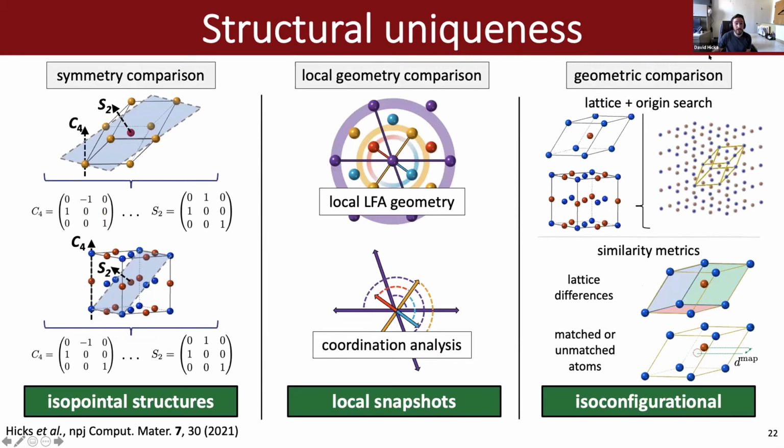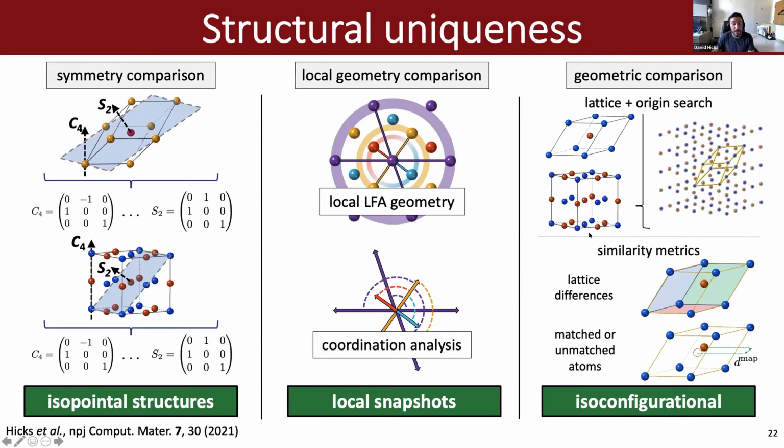So that's the idea of classifying prototypes, but then there's also this idea of comparing structures. And there's a lot of details here, but I'm just going to highlight that with the XtalFinder software, you can compare structures based on symmetry. So this would reveal isopointal structures, so structures with the same symmetry. You can also do local geometric comparison, so you can see around a particular atom, what does the geometry look like? And so this is like a local snapshot